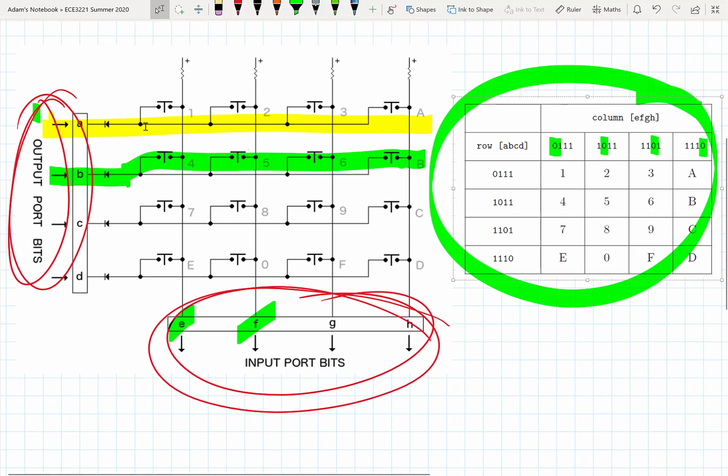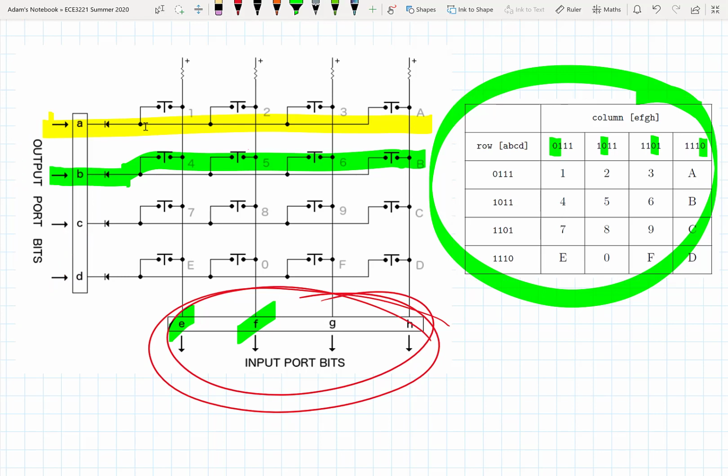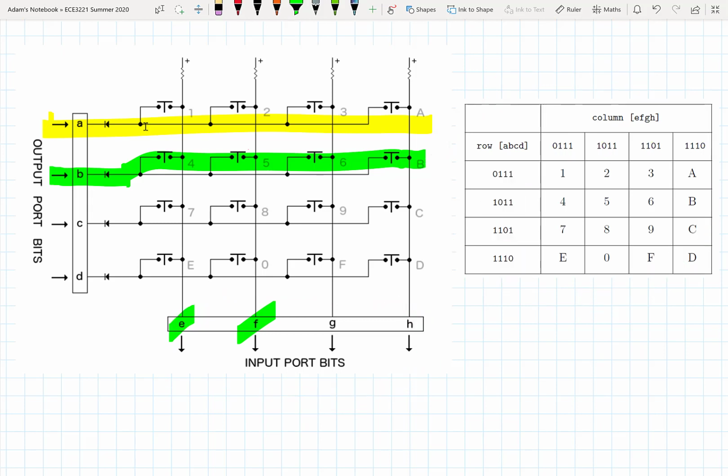One other thing I might note is that this may seem like we've opened up an opportunity to miss key presses due to the fact that we have to one by one activate our rows by writing different values on each row as we want to scan each of the rows consecutively. I'll remind you that our computers operate very quickly, and this scanning algorithm can happen extremely fast. In probably nanoseconds or microseconds, we can scan the entire keyboard and then return to start at the top and scan